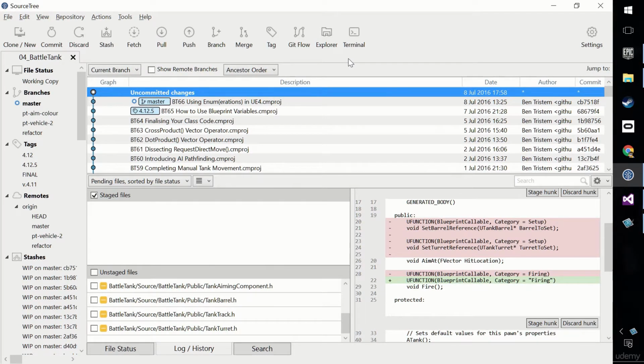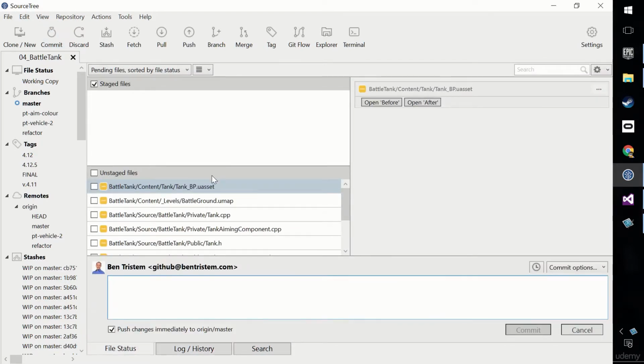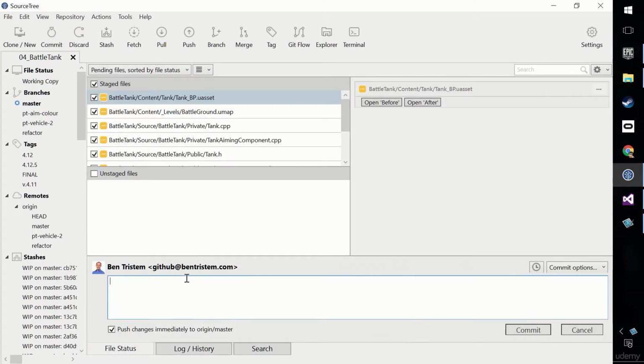All right. So at this point, because of the length of this video, and also because of the amount of code you've changed, and the fact that you've made some progress, right? We've refactored a bunch of this stuff, initializers, into the tank aiming component. We've connected it up in Blueprint, and it didn't compile. Then we did a load of work, and it now does compile, but it's hard crashing. I'm going to suggest that you would make a micro commit here. In fact, I'm even going to make a commit, and then later I'm going to squash a couple of different commits together. So I'm going to say here simply